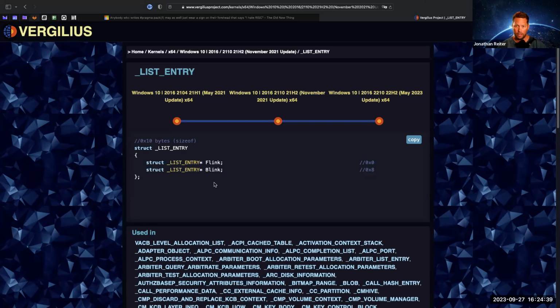Why do they use that language? Does that verbiage mean anything? Well, absolutely it does. A linked list can be single or double. Single means this item right here, the blink, is gone. Okay, that does not exist. A linked list becomes double when you have a backwards pointer. Okay, a circular doubly linked list means that